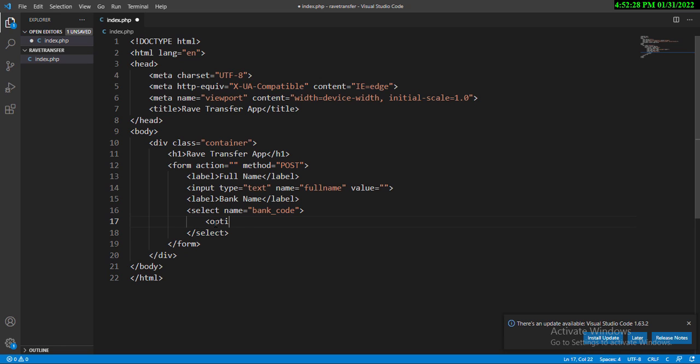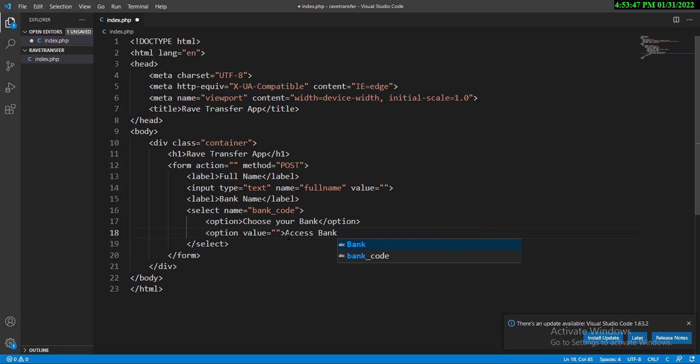So I'm going to just say option, and the first option right now, we're going to set to be, let's say, choose your bank, and we'll go ahead and close that particular option. And we're going to go ahead and create the next one. So this is going to be option, and this time around I'm going to have to attach a value attribute here, which we're going to set to be equal to the bank branch code. So of course this part is going to be Access Bank. So if we say Access Bank right there and then close that off, within this particular value right now